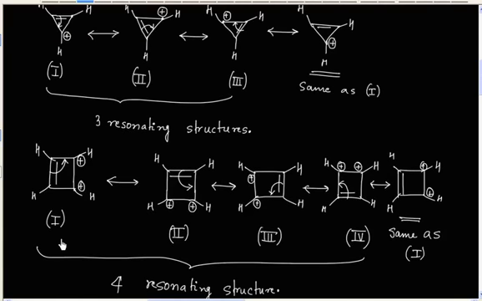So you can see yourself, this double bond is basically changing its position. Initially this double bond is here, then it has changed its position, this double bond is here, and then this double bond is here, and finally it is here. So in the ring there are 4 positions, so we are having 4 positions for the double bond. This means 4 resonating structures. So there are 4 possible resonating structures we have.